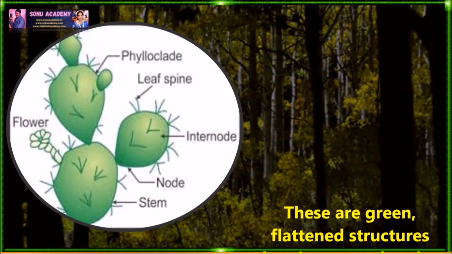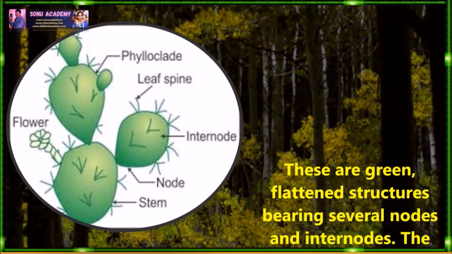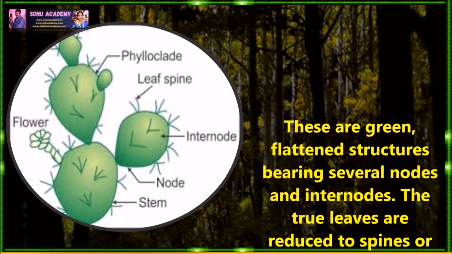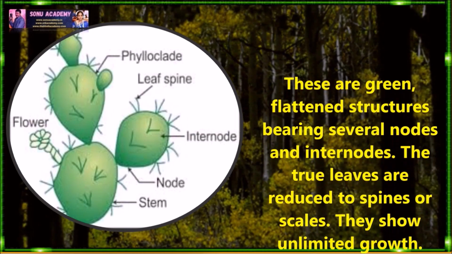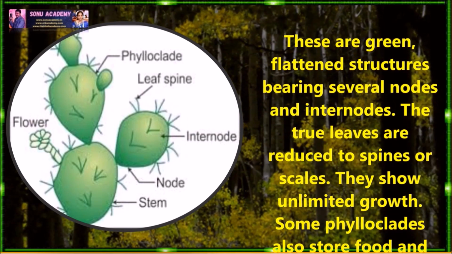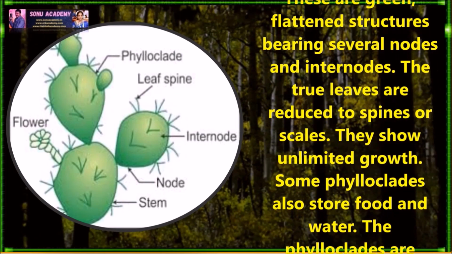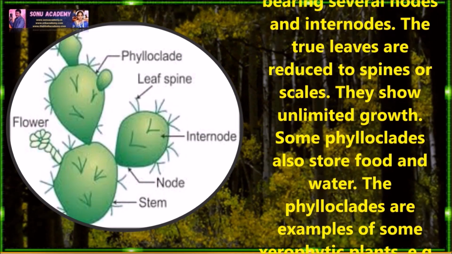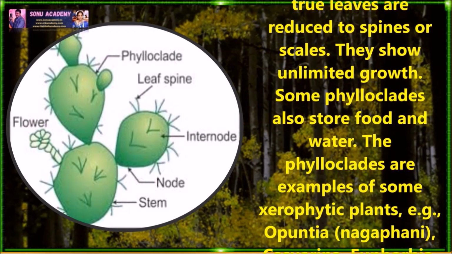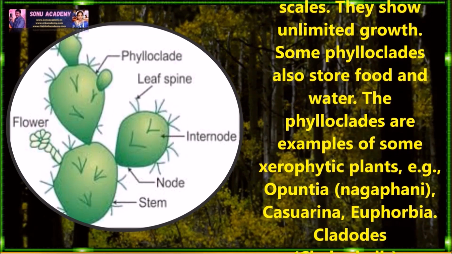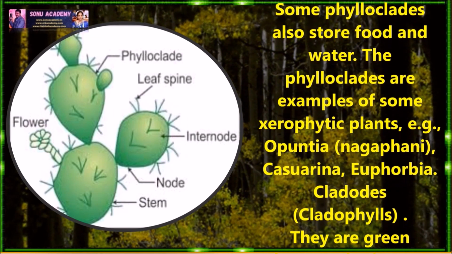Now let us discuss phylloclade. These are green flattened structures bearing several nodes and internodes. The true leaves are reduced to spines or scales. They show unlimited growth. Some phylloclades also store food and water. Phylloclades are examples of some xerophytic plants like Opuntia,